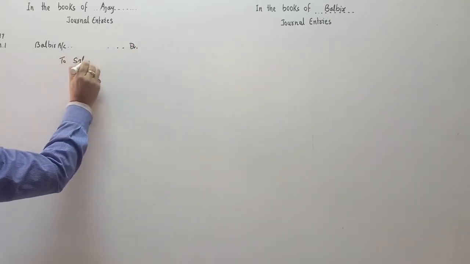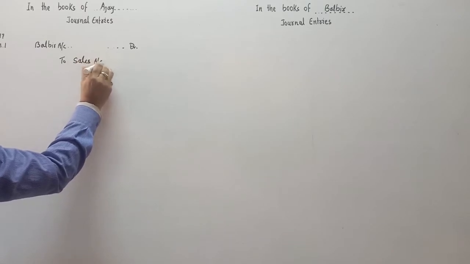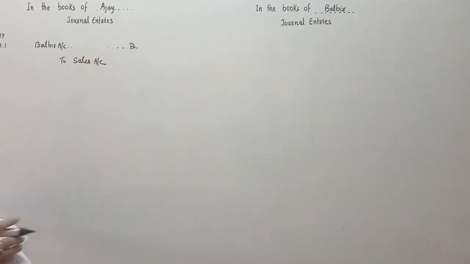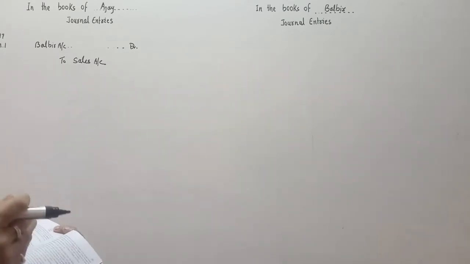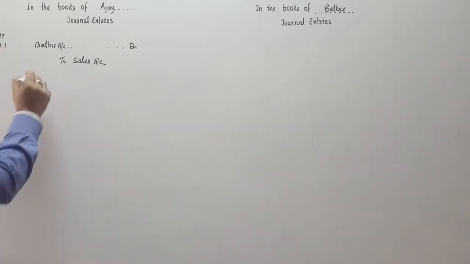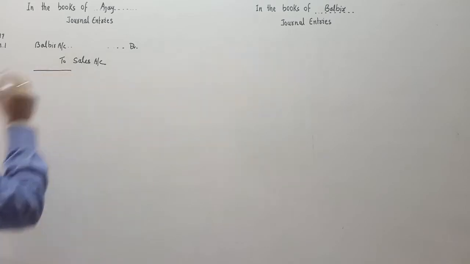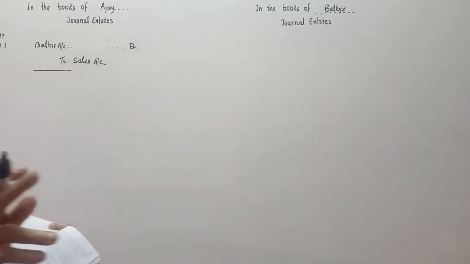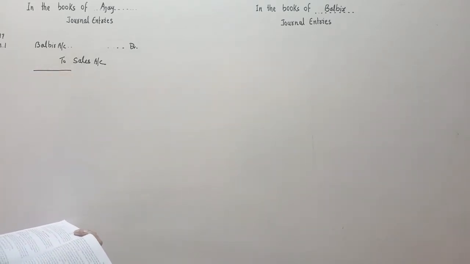Ajay does the entry in his book: Balbir account debit to sales account. Narration will be very simple, being goods sold on credit. You must write the narration in every transaction, every entry. Here the narration will be being goods sold on credit